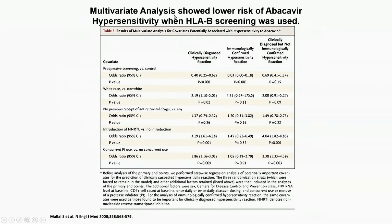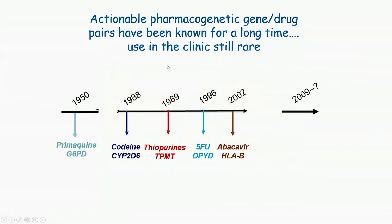Another example of something that is frequently used in the clinic is screening for HLA-B variants prior to prescribing abacavir. And in this New England Journal paper from about 10 years ago, it was shown that by prospectively screening HIV-positive patients before making the decision about prescribing abacavir, they could avoid clinically diagnosed hypersensitivity reactions or immunologically confirmed hypersensitivity reactions substantially by using a patient's HLA-B genotype to withhold abacavir in that minority of the population that has a high-risk HLA-B allele. So these are the kinds of gene-drug pairs